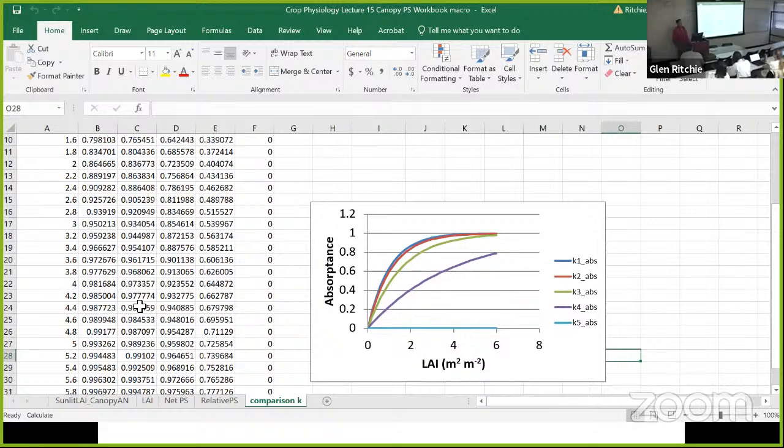I wish I had a good video of it. When I was at Georgia, we did it with a high school student where we set up a camera and took pictures of the cotton canopy over the course of several days, about every 15-minute interval. At the time, we didn't have the software to compile all of those pictures into a nice clean video. And we really tried to control the light environment. That's kind of challenging to do.